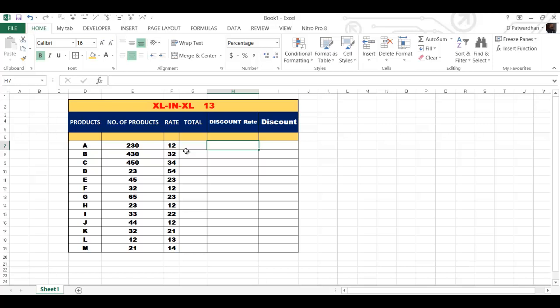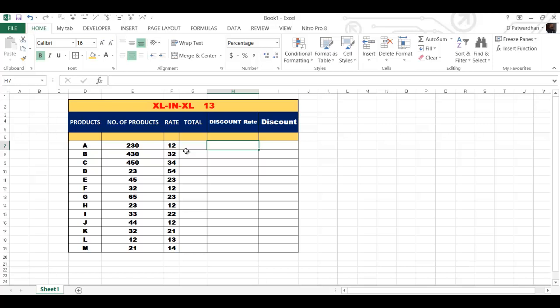Welcome to the Excel in Excel part 13, and in this episode we will see absolute cell referencing. In working with spreadsheets, you need to know about relative versus absolute cell referencing. When we copy a formula that contains cell references, what happens to the cell references? Of course, usually the cell reference will change. Here we will see a simple example.